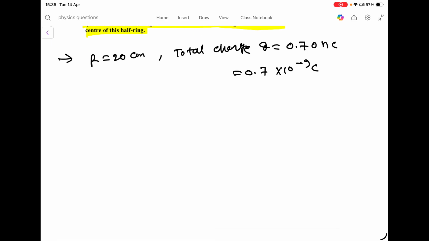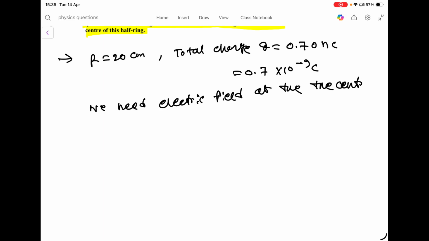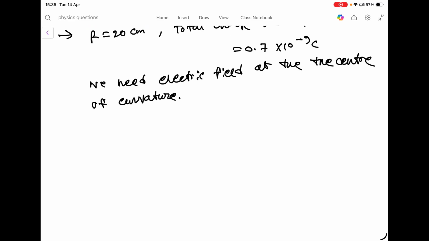So we need to find the electric field at the center of curvature. Okay. So for small charge element,